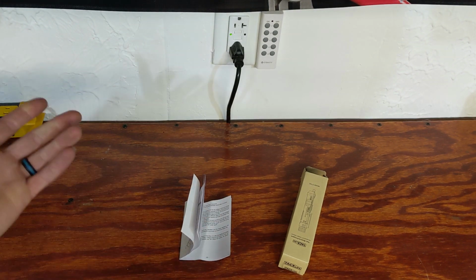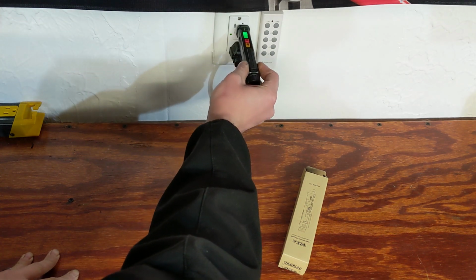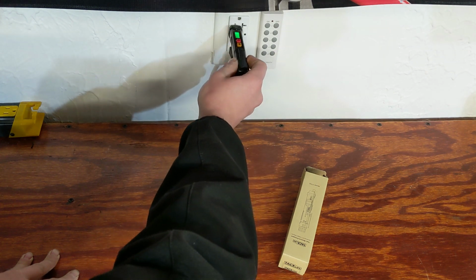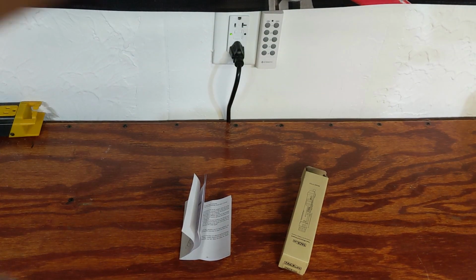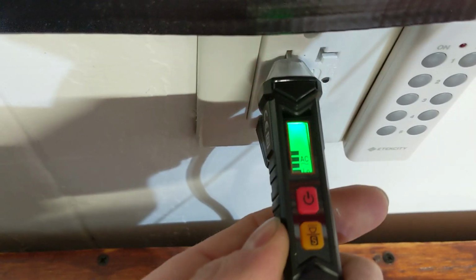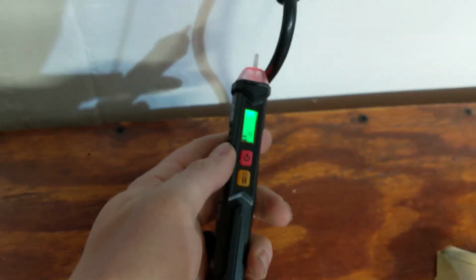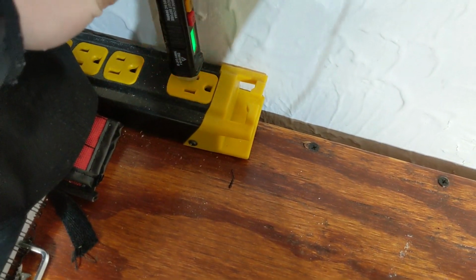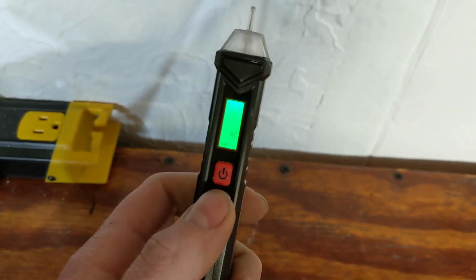And I'll just show you kind of what this one does when contacting an outlet. So on the low side, I just get a low reading. That's the neutral side. And then on the hot, you can't see it, but let me see if I can bring you in. The bars move up. And then same thing if you touch a hot or live wire or cable. Same thing over here. And then if you set the sensitivity,